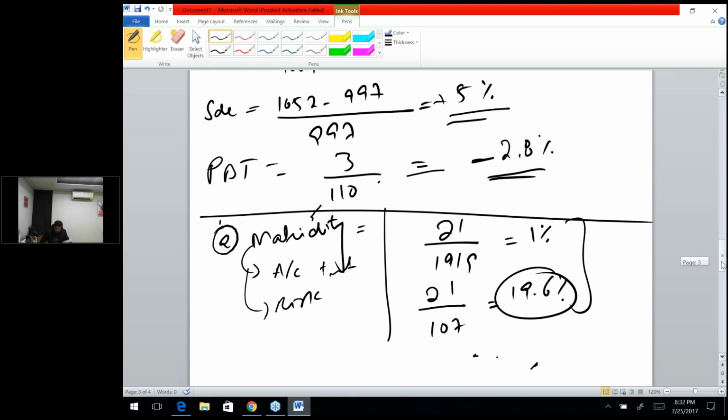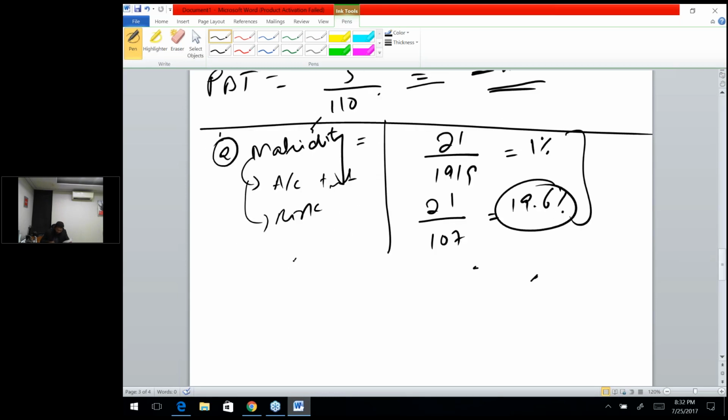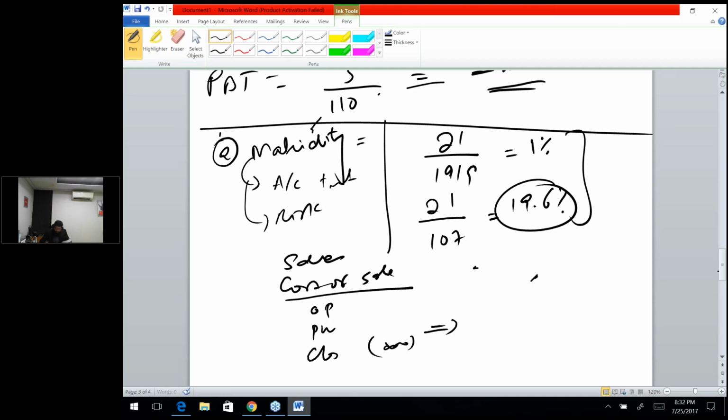Because you see, the inventory is used in the cost of sale calculation. So it's opening plus purchase less closing stock. So when we talk about closing stock, that means the inventory is mentioned in the profit and loss account also. Then that means this has an impact on the overall profit that's being reported. So the inventory is also relevant to the profit before tax. So you need to see if it's relevant to the balance sheet, if it's relevant to revenue, if it's relevant to profit. That's what you need to see.